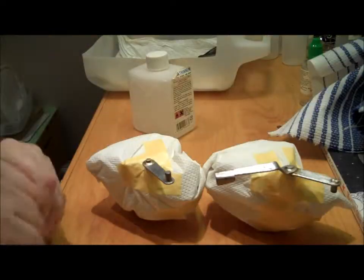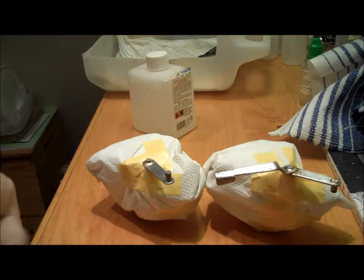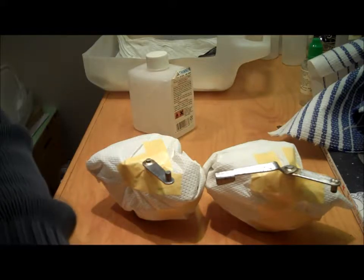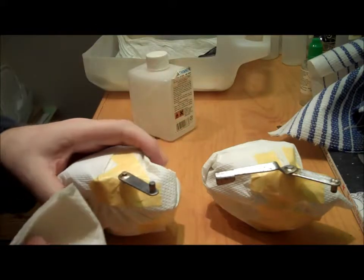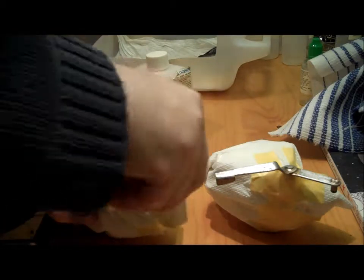Right, here are the two carbs now sanded, cleaned off, derusted as best I can, and I'm now literally just going to degrease it with a bit of acetone. Just go over